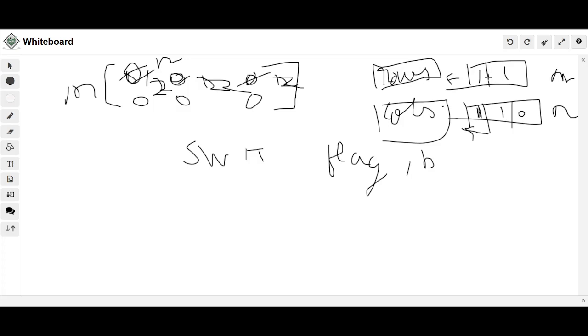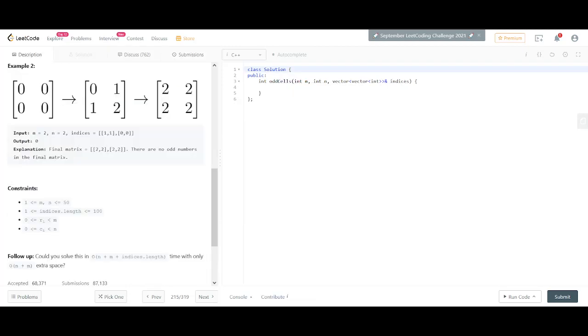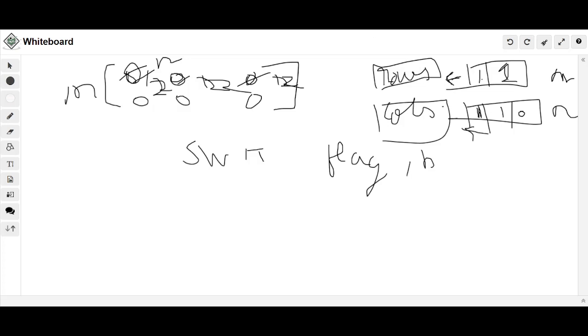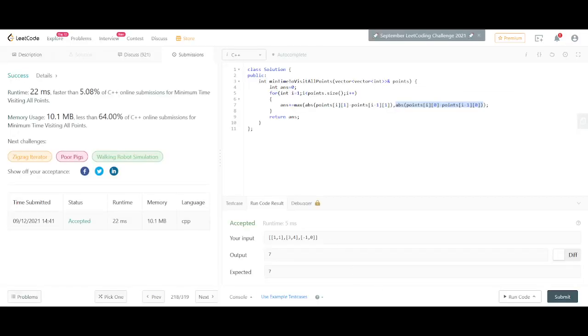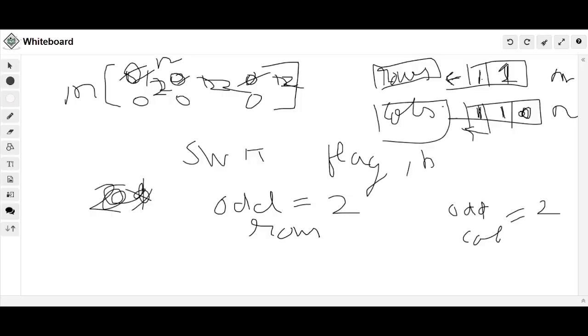Now we can see that row 0 has a value of 1. The row 1 also has a value of 1. And column 0 and column 1 both have values coming as 1. For this particular question, I could see that this is 1. So if you can just think of how to compute all those cells which have the odd values, you could